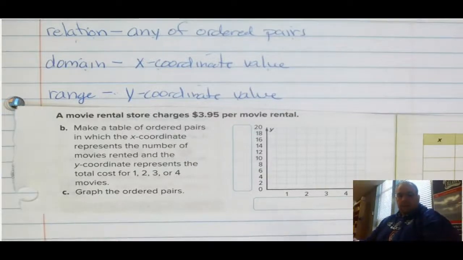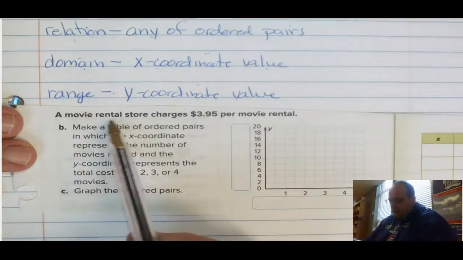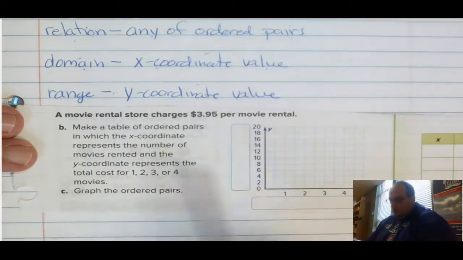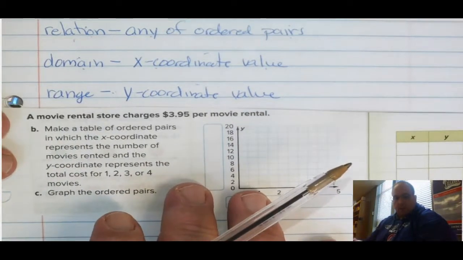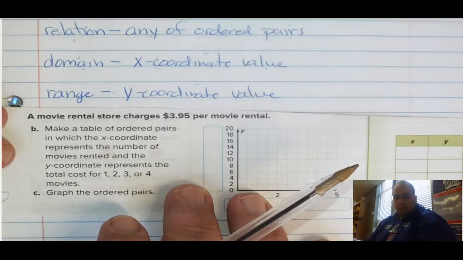All right, so we've learned about relations, domain, and range. Now let's look at it in a word problem. I have the following word problem. It says a movie rental store charges $3.95 per movie rental. So what it wants me to do is make a table of ordered pairs in which the x-coordinate represents the number of movies rented and the y-coordinate represents the total cost for 1, 2, 3, and